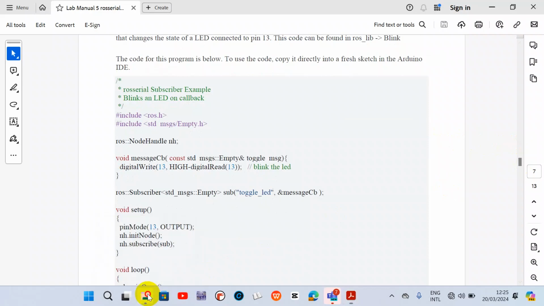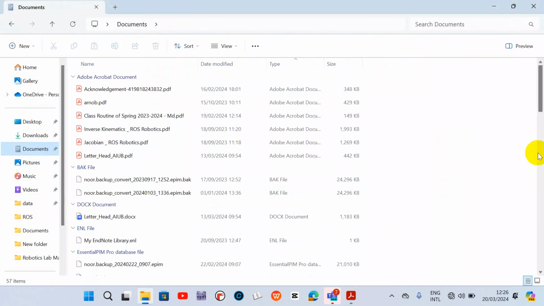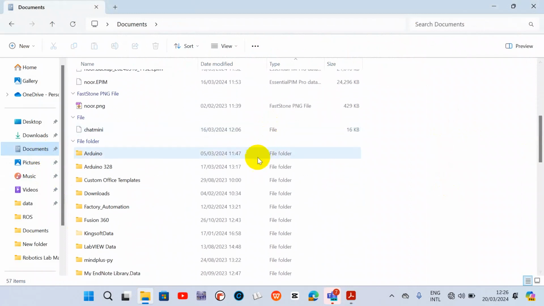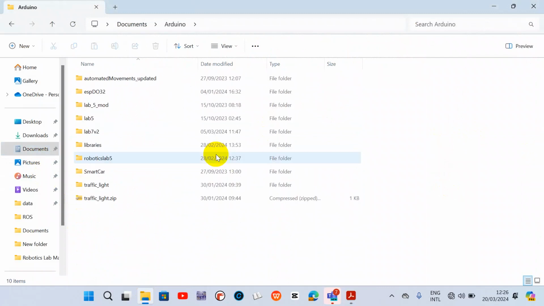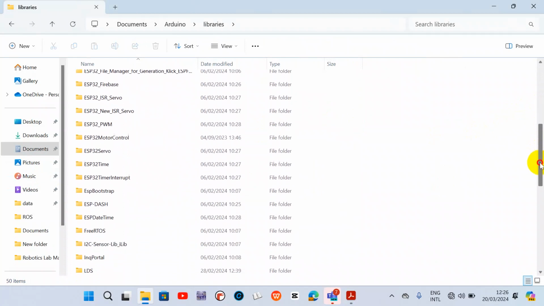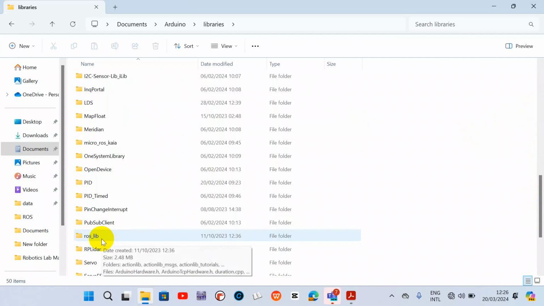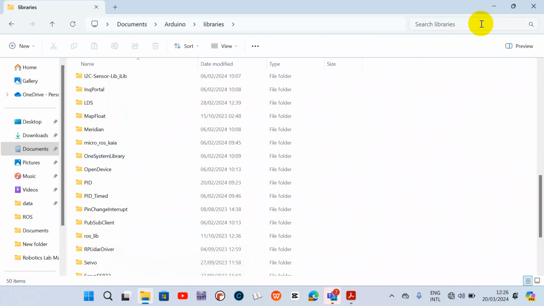Look at over here. This is the documents folder in the Windows. Let me go to the Arduino folder. This is the Arduino folder. Under the Arduino folder, there's a folder called libraries. Okay, double click the libraries folder and place the ROS library folder over here. Look at over here. This is the ROS library. Okay, so I have placed the ROS library folder over here so that you can upload the sketch from the Windows Arduino IDE. So let me go to the